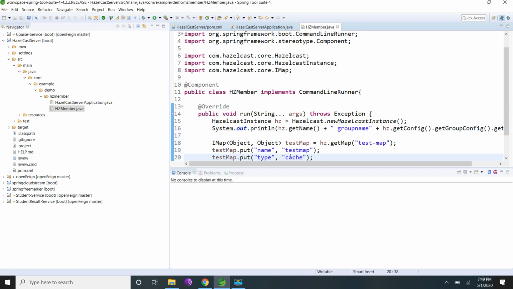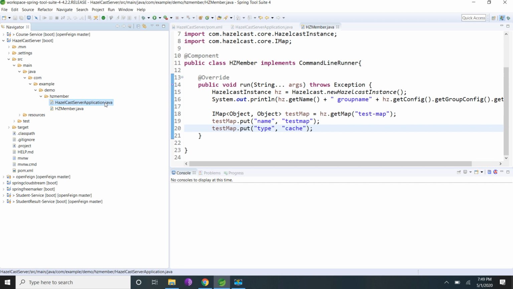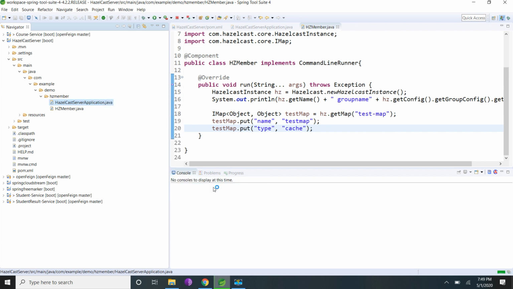I'm going to save this and start my Spring Boot application. Run as a Java application or a Spring Boot application.